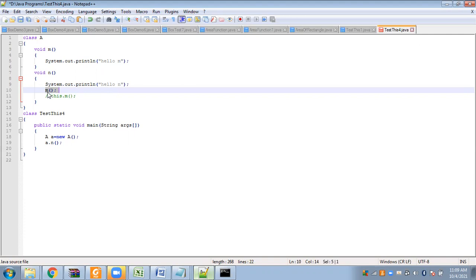Apart from this, N also has a function call to the M method.